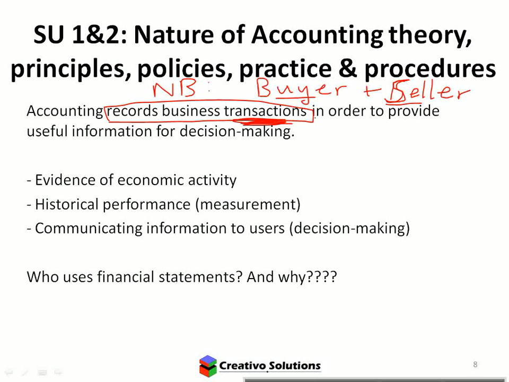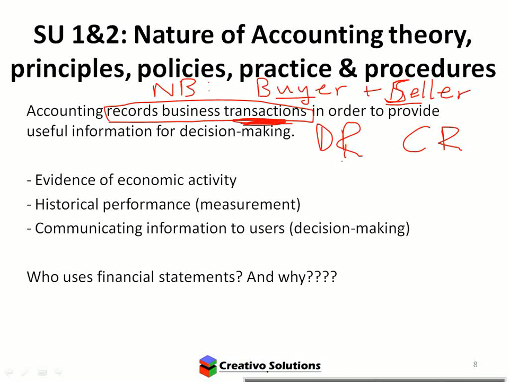Okay, so if we're looking at buying and selling, you've got two separate transactions, and those transactions have to be recorded in the books of the entity, okay, the books of the business. Right, so the reason why we have a debit and a credit is because we actually have two parties to every transaction. Right, every transaction will have a buyer and a seller. So the one individual will have a debit and the other individual will have a credit. Right, and that's how accounting basically works, is it's a record of transactions, and those transactions have two parties.